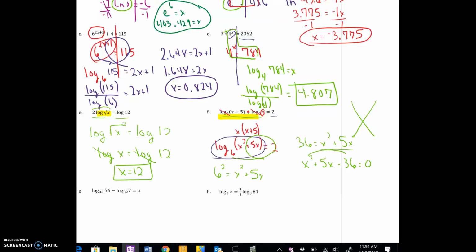This is just what in my class we call easy factoring. What are factors of negative 36 that get you to 5x? That's going to be 9x and 4x, and I'll make the 4 negative. Then I can go to my easy factors, x plus 9 and x minus 4, and now I'll solve by what makes my factor 0. So right now I have negative 9, and I also have 4. What I need to see now is, are either of these an extraneous solution? So if I take those solutions and I put them back in the original problem,